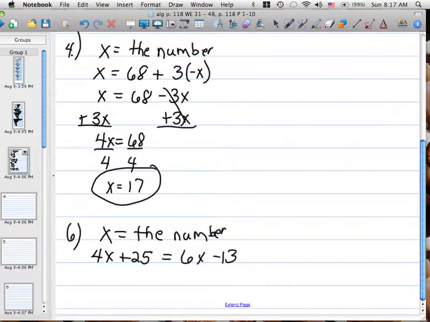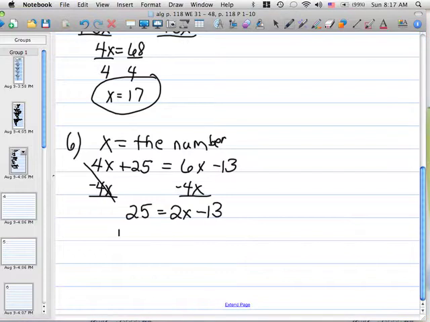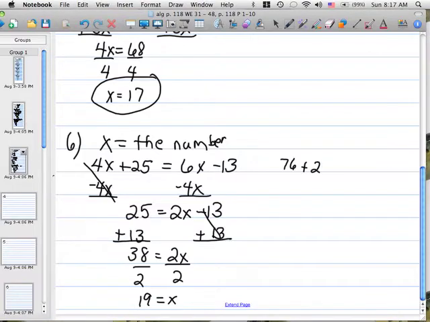So 6x minus 13. I have variables on both sides, keeping the coefficient of the number in front positive. I'm going to subtract the 4x from the left to eliminate it. So I have 25 equals 2x minus 13. Then I can add 13 to both sides to get rid of the minus 13. So I have 38 equals 2x. Divide by 2, and I get 19 equals x. And if I check it, 4 times 19 is 76, plus 25 is the same as 6 times 19,